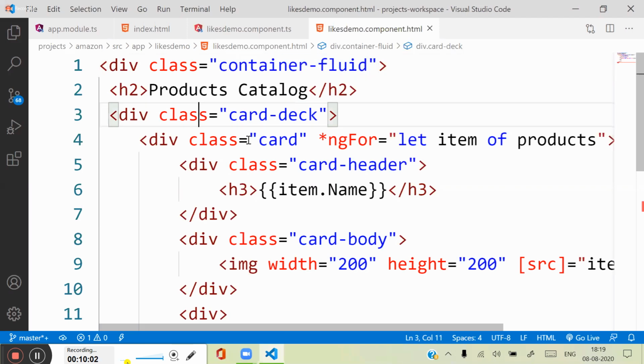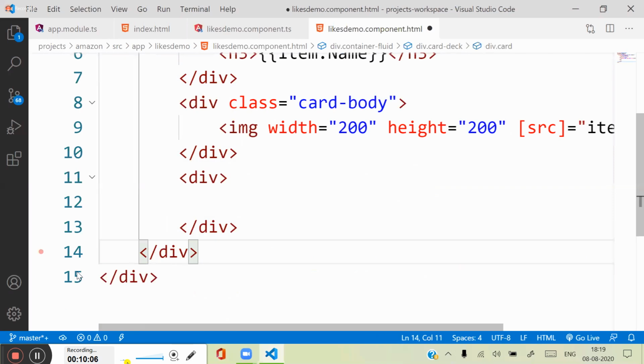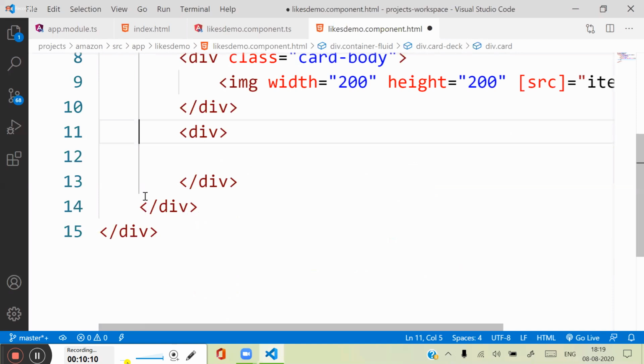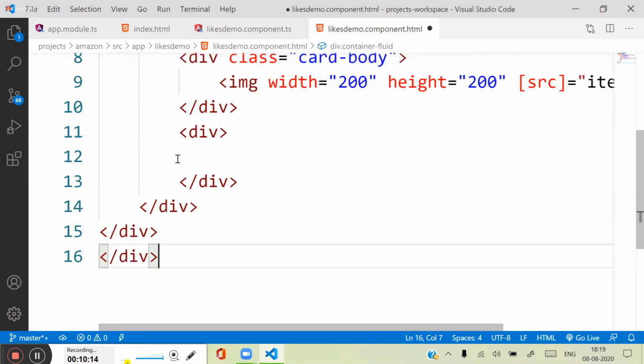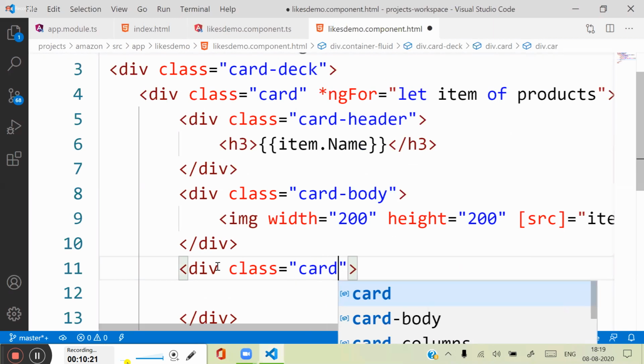Okay, fine. And at the footer we are adding something. This is not a div; that is the card, and this is actually the card-deck. Now here we are using a class of card-footer,